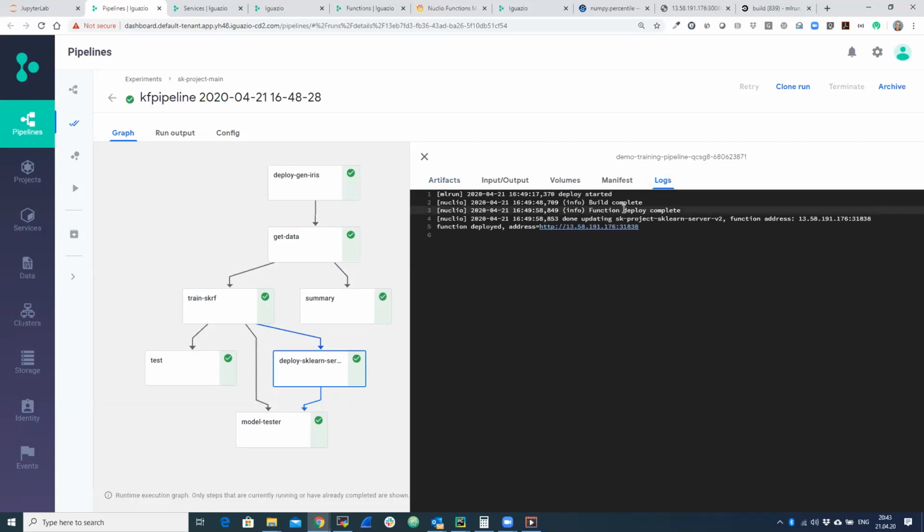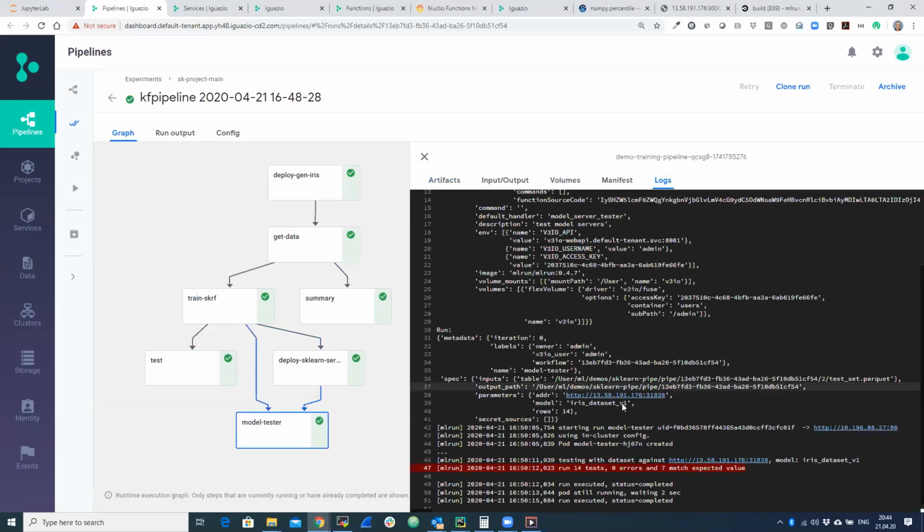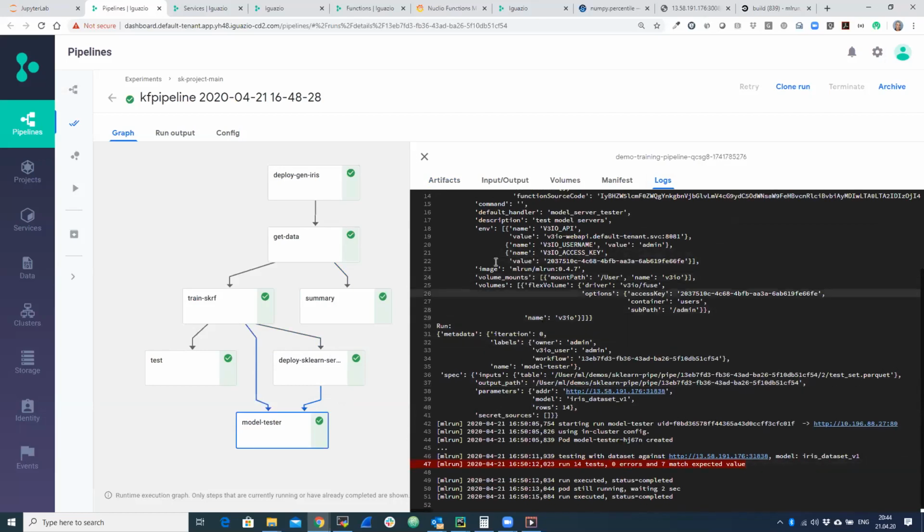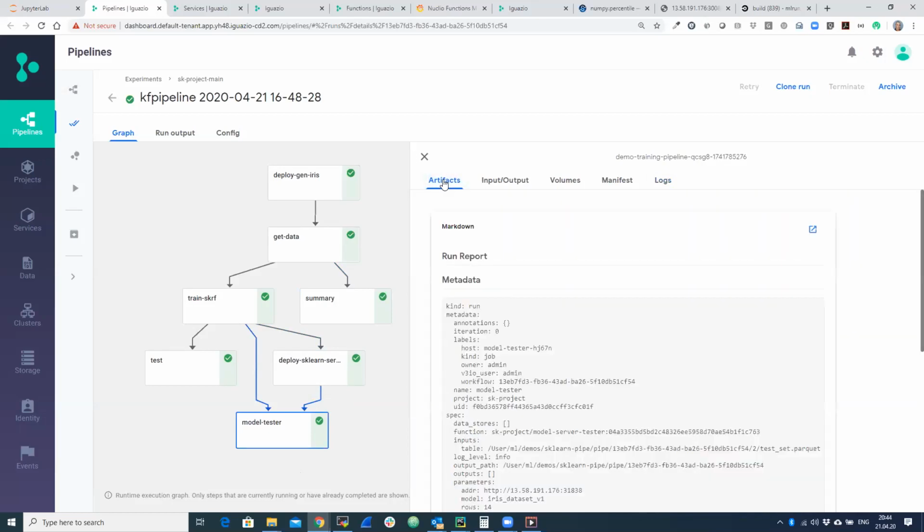I can check the log. You can see that it's deploying, creating the container for the function, deploying, and generated an endpoint. And finally, once it's ready, I'm running the live tester to measure the performance and behavior. And you see it's green, meaning it's passed the test. So I'm running a combination of 3 different tools in a single workflow. Essentially, I have CI, which is building containers and deploying stuff. I have something like Airflow, which is a data analytics pipeline for data preparation and analysis. And you have a machine learning pipeline, all combined into a single tool.